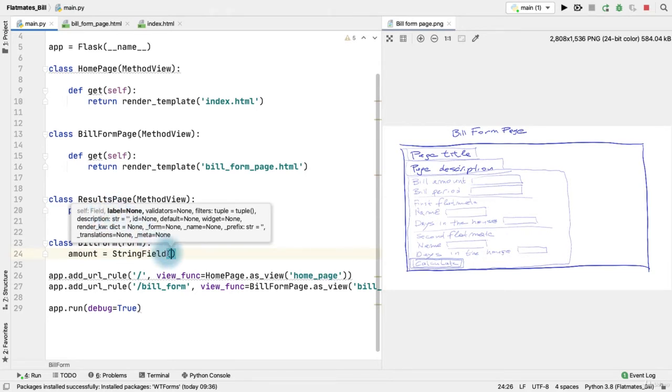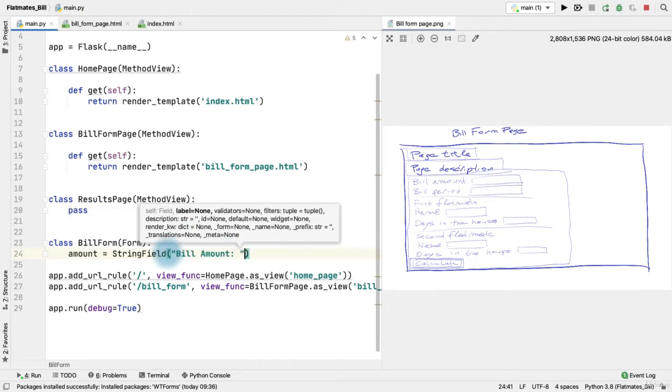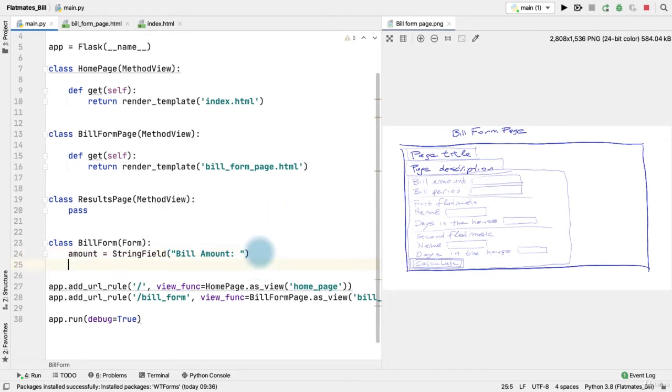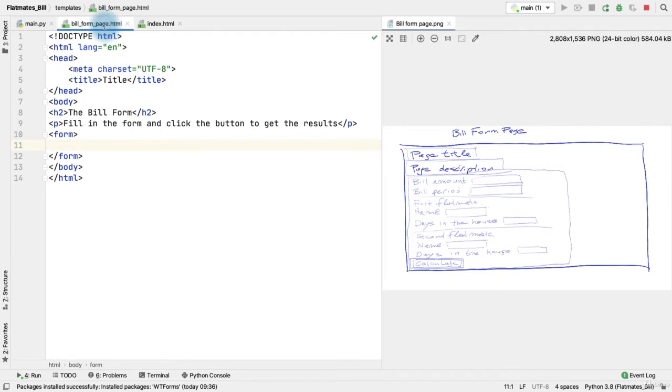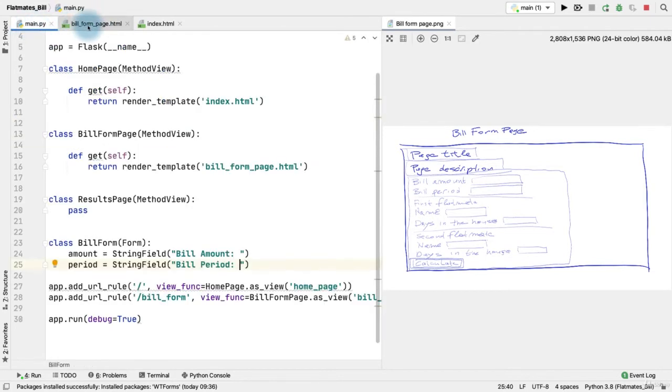So we're talking about the label. We said the label would be bill amount, like that. And then let's skip the validators for now and just leave the other attributes as default. So this is enough. I'm going to add another widget. So we're talking about the bill period label and the text box also. So you see that this is easier. Bill period. Just like that. Okay. I'll leave it like that for now and try to connect that code to this, because